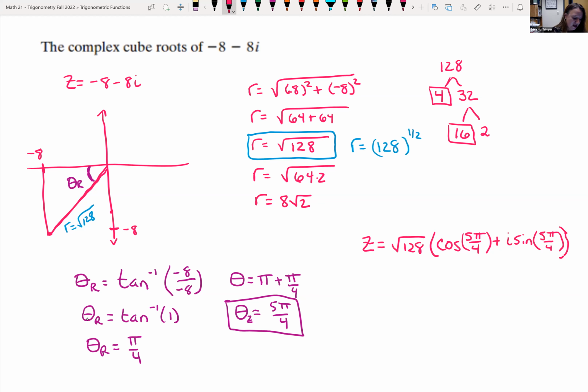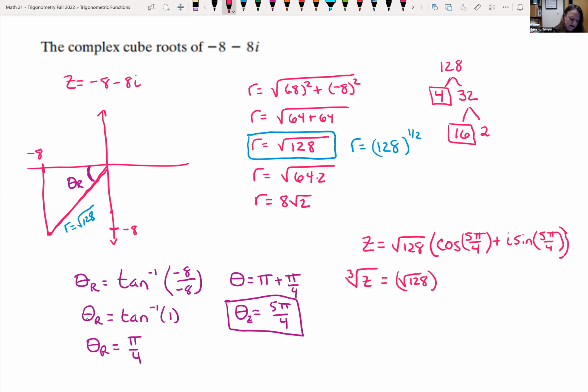So if I want the cubed root of z, by my formula, this is the square root of 128,